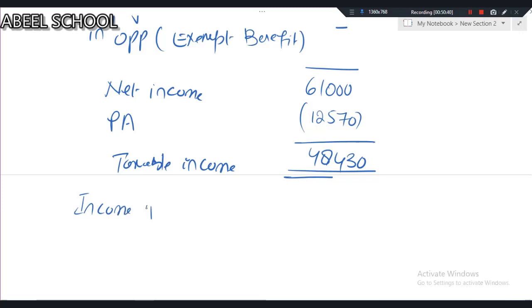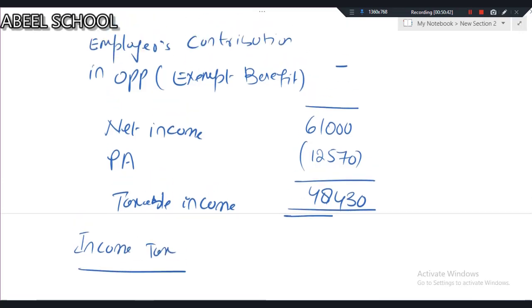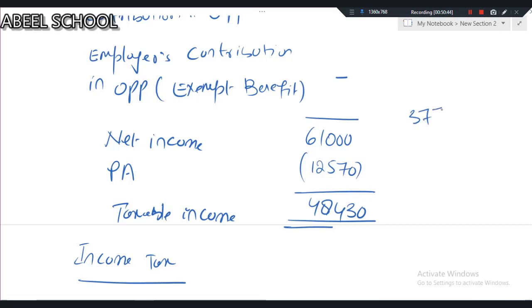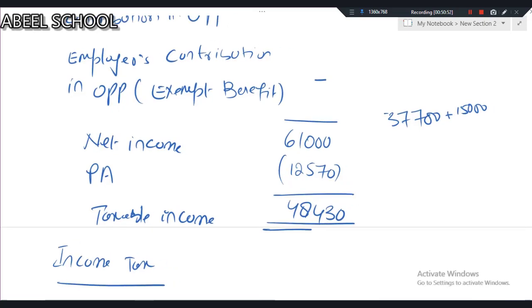Now listen and listen carefully. Actually, we know that the basic rate band limit is 37,700, but this 37,700 will be increased by the gross PPC which Mr. N has contributed for himself, which is 15,000. I'm not talking about the higher rate band, because we know that this 15,000 will increase the higher rate band also, but look at the taxable income, which is just 48,430. So you should not be worried about the higher rate band, but definitely 15,000 will increase your higher rate band limit as well. So 37,700 plus 15,000, I'm getting the amount 52,700,